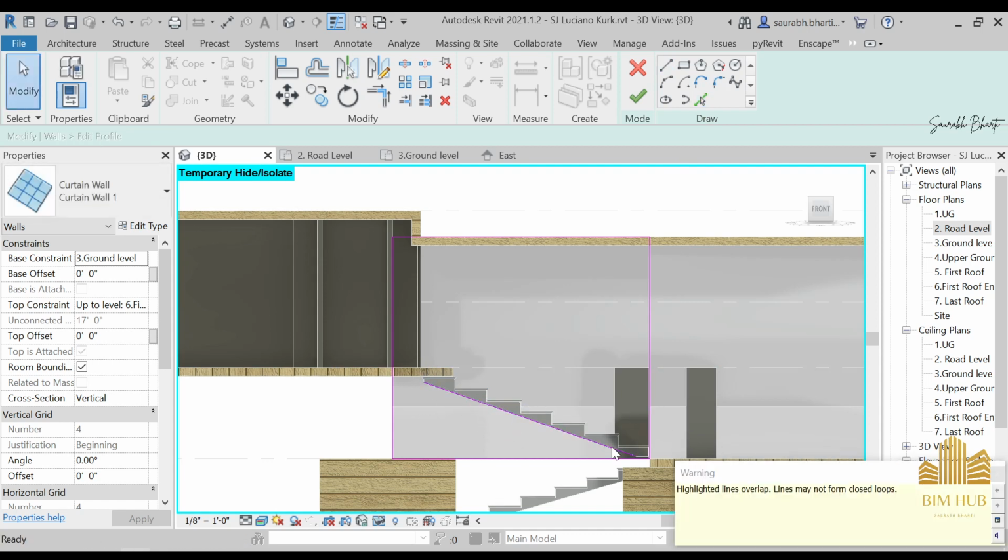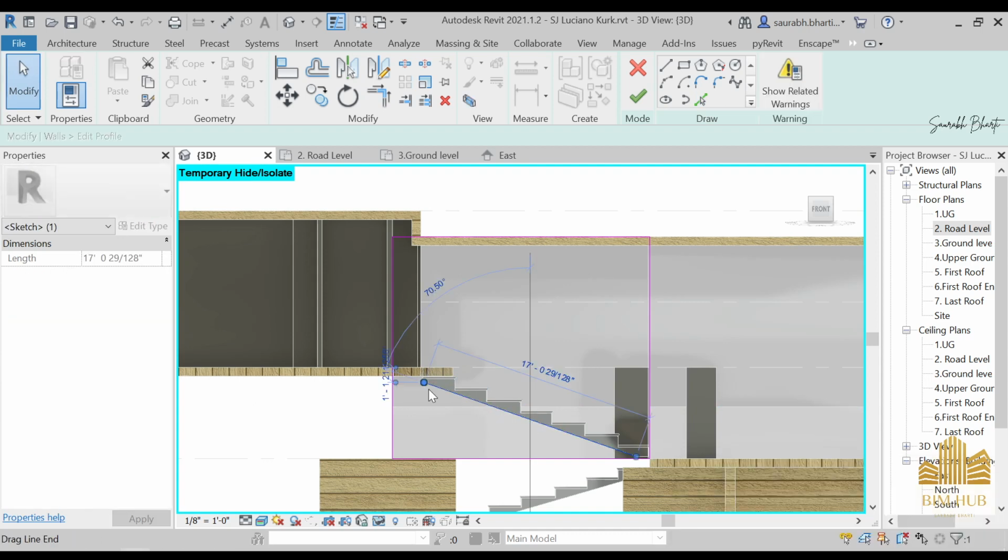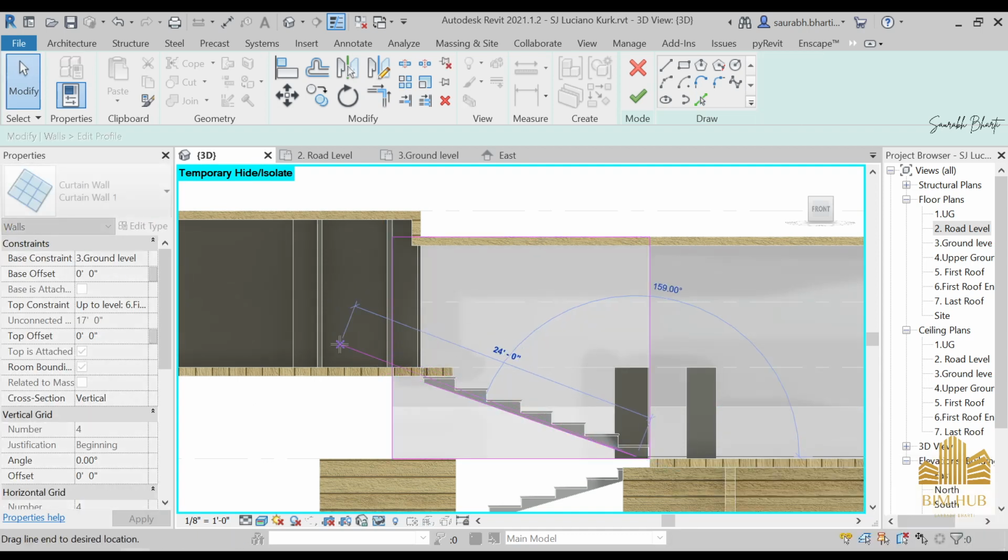And after that press escape, select this one, and either you can just take it like this way,